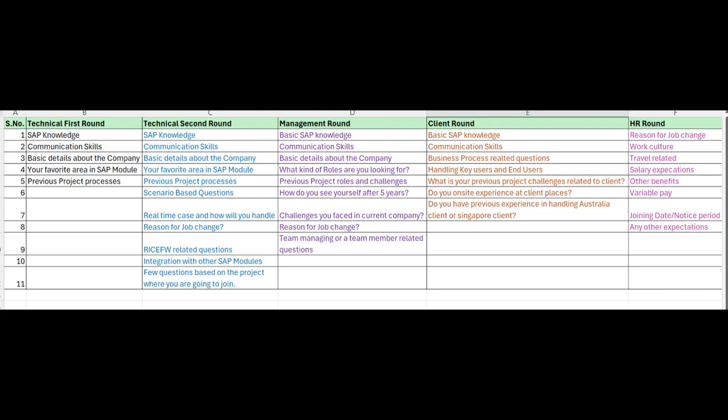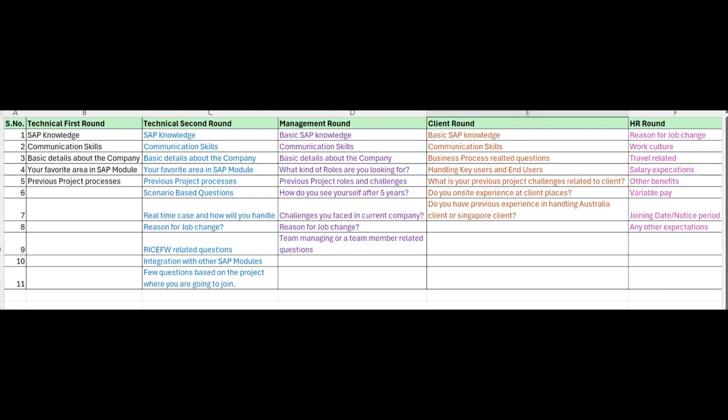Okay, how much travel percentage will be there, and salary, salary expectations, other benefits like variable salary, variable pay. If they have any kind of variable pay, you don't consider it like a fixed one. The variable pay is based on the company's performance or your performance. So mostly about the salary,